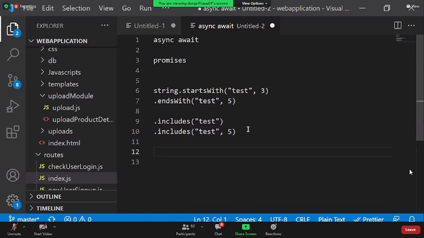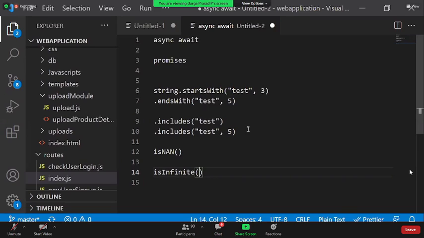So these are some of the new methods. And on the number, there is something called isNaN. There is another predefined method which tells you whether it is not a number or not. Earlier, we used to have an error, but now you have a predefined method which will even tell you whether it is a number or not. In the same way, isFinite is used to check whether the given content is infinite or not. So these are some more new methods which are supported from your latest JavaScript, guys.